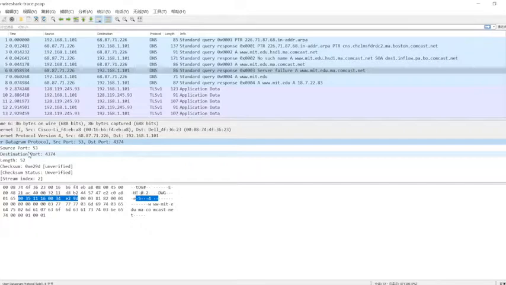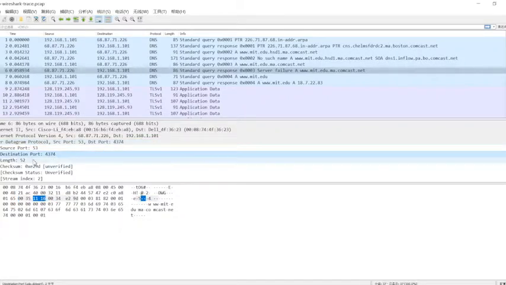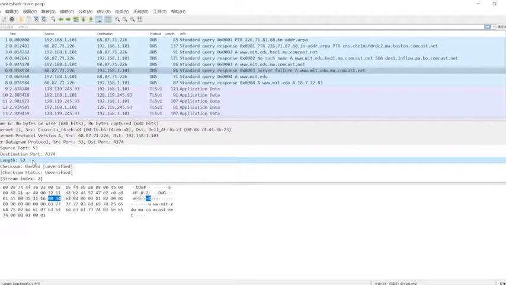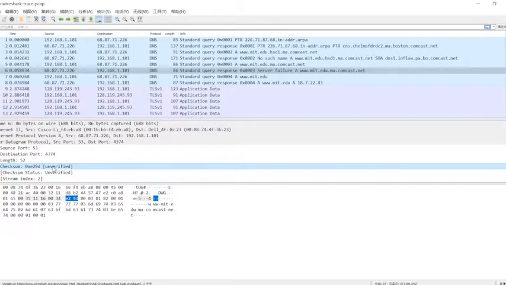And in the UDP header, there are very few fields. UDP always has 8 bytes in its header, and there are only 4 fields. There is a source port, which is 53, and the destination port, which is 4374. And the length is 52, which is the total length of the packet, including header and data. And the last one is the checksum, which is